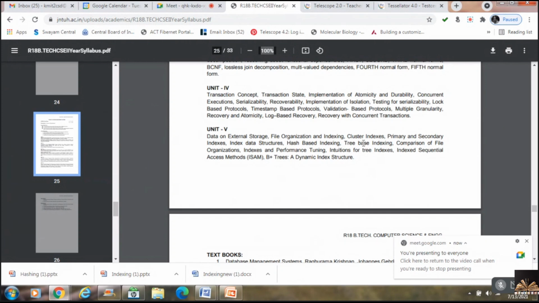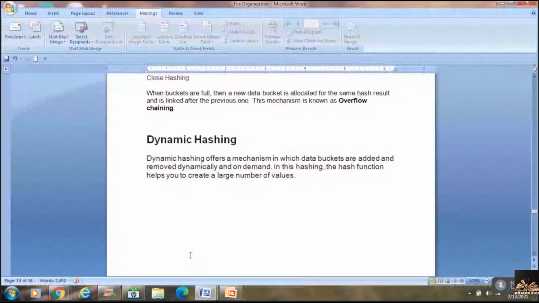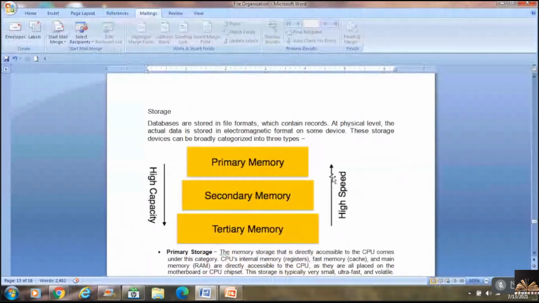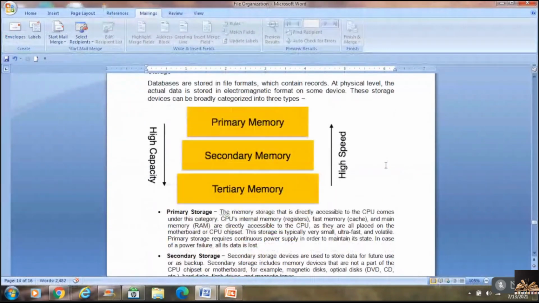In tree-based indexing, I have to work with B plus tree and ISAM. I'll give you an example on that. Indexes I have told you. We'll be working with that. And before this, go through this slide. This is purely theoretical.